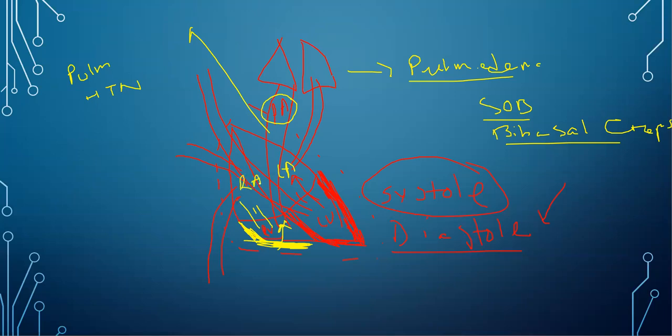At one point, the right atrium will get full, and then the problem begins with congestive cardiac failure, which means now the blood that is supposed to come from your upper extremity through the superior vena cava can't do that. So you get a raised JVP. Then blood starts to get accumulated in your lower extremity because it can't get into the right atrium. So there is peripheral edema,